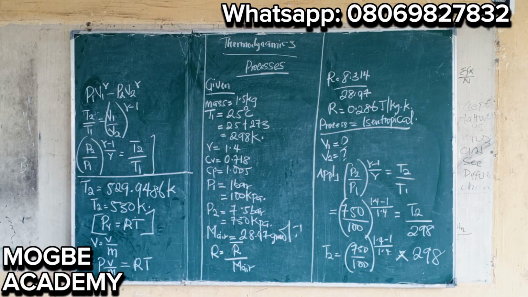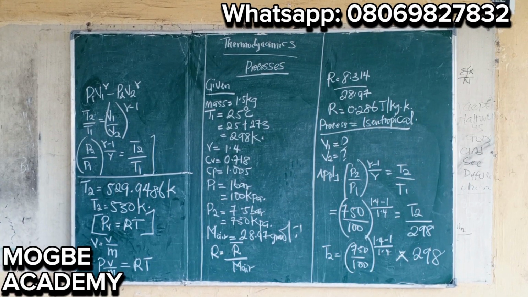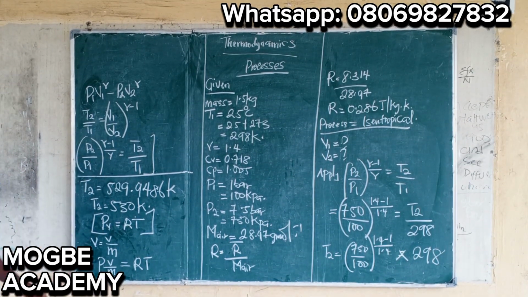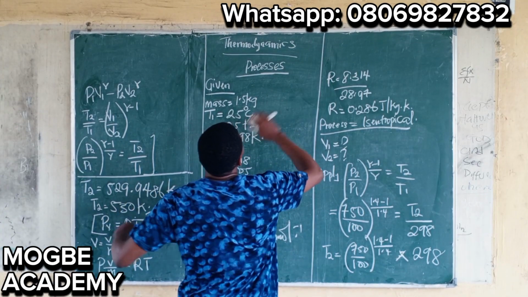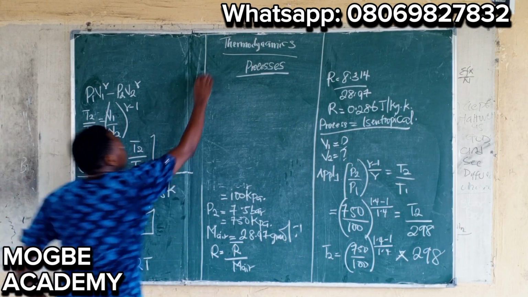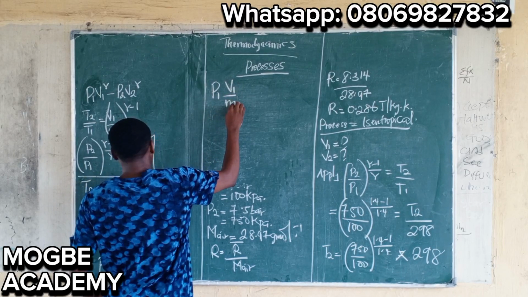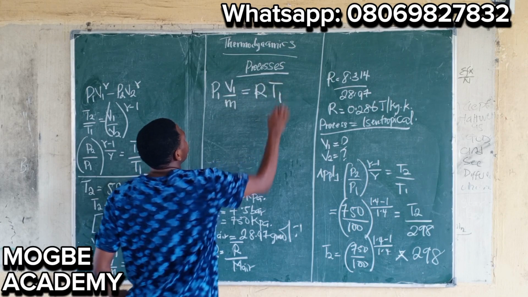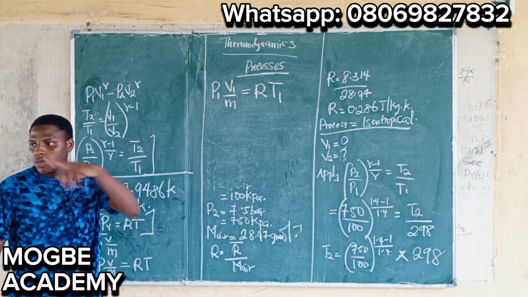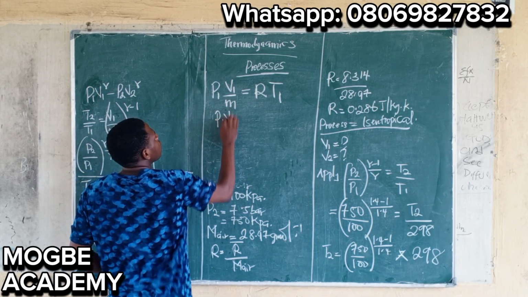What's our pressure here? Now note, we don't know a single pressure; we are talking about the initial state and the final state. To get V1, since we have volume here, let's take everything to the initial state. You now have P1 V1 over mass is equal to RT1, for your initial state. Can we take this mass to the other side? Cross multiplying, you have P1 V1 is equal to